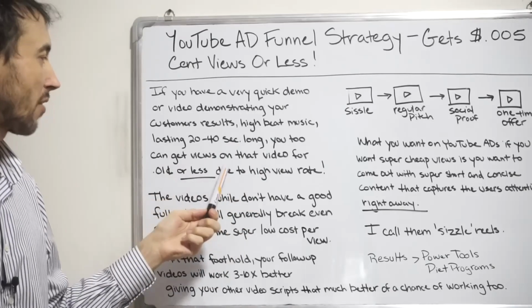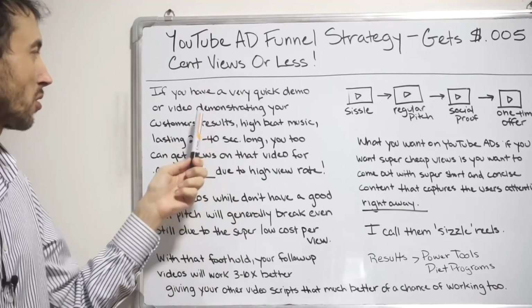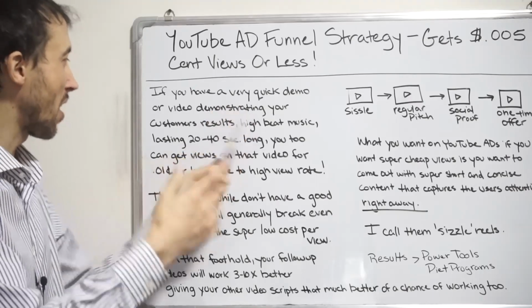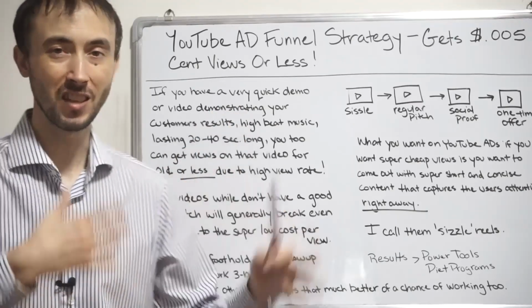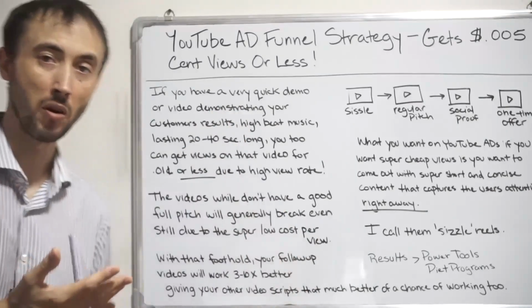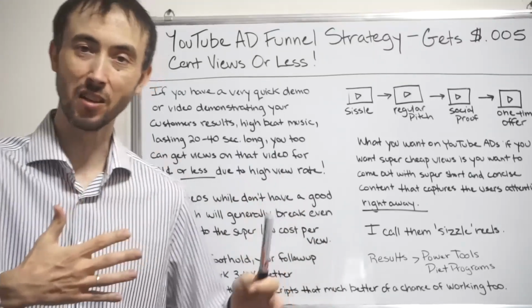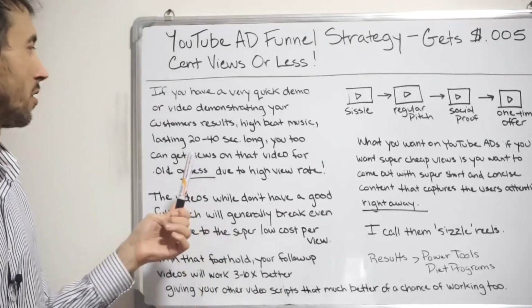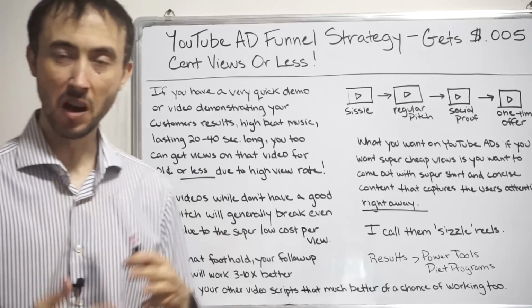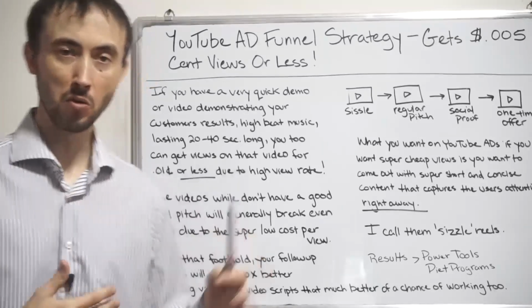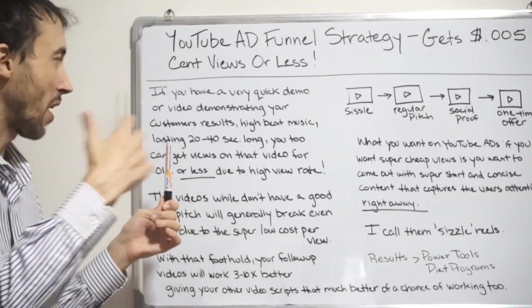YouTube can get views if you do all those things. You focus on demonstrating the product or showing the results, whatever you think the consumer is going to prefer more. You don't just pick one or the other because it's easier. What does the consumer prefer? Using high tempo, high beat music,